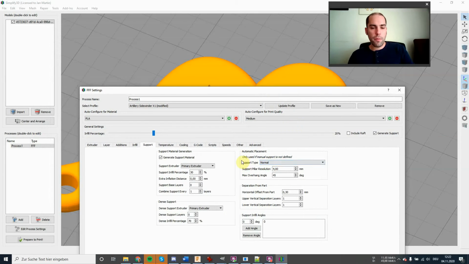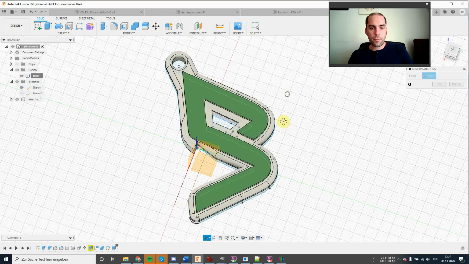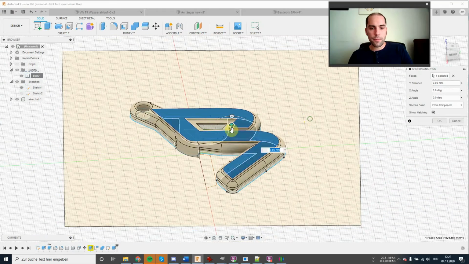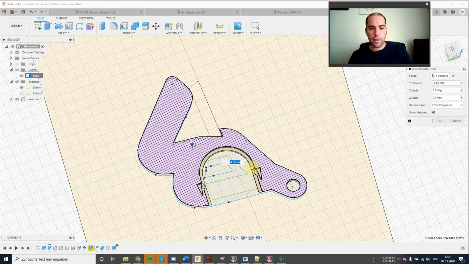We need to make sure that we're not creating support material everywhere, because as you can see here, we have these cavities as well where there's nothing, and then there's going to be plastic on top, and we don't want any support material here because that would interfere with the spring mechanism. And this little part here is so small that we're not going to need any support material. You can print a little bit over thin air for these small sections.